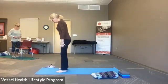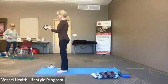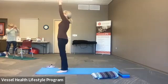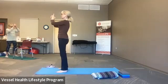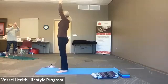Bring the feet a little wider than hip distance apart. Go ahead and clasp the fingers and bring the index fingers pointing up, straight up towards the ceiling, if that feels good today. If it doesn't, feel free to bring them right down here in front of your face. And then stretching up without raising the heels off the mat, stretch up the entire spine, creating that space,